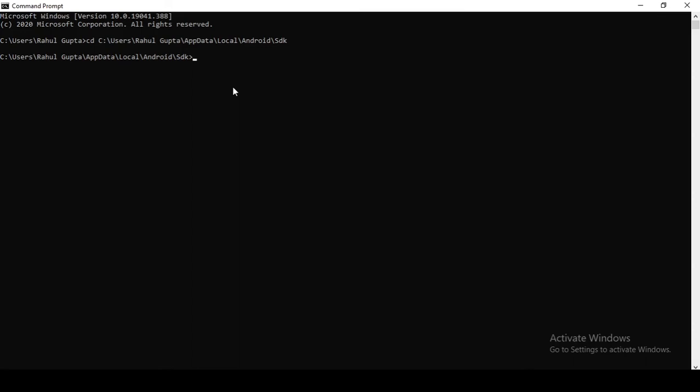From here, I will show both for users who are using the older version of the Android SDK and those using the latest version. First, for the older version users, go to the tools directory with cd tools, and from inside the tools directory, let me show the list of the emulators.